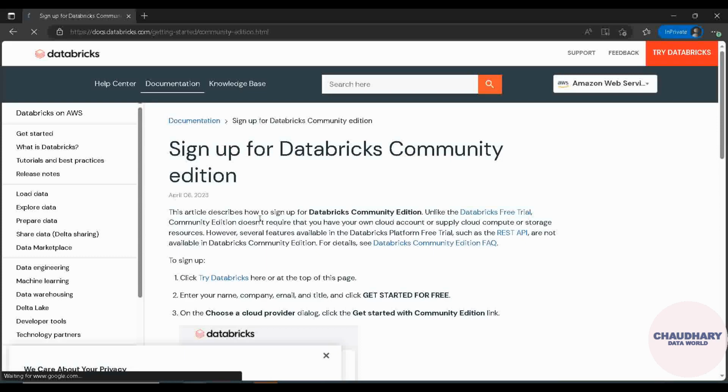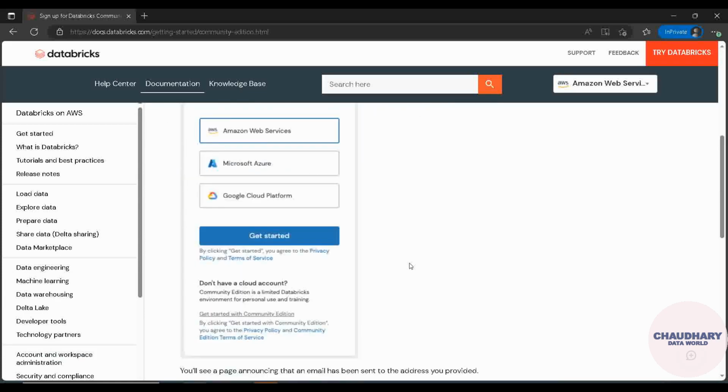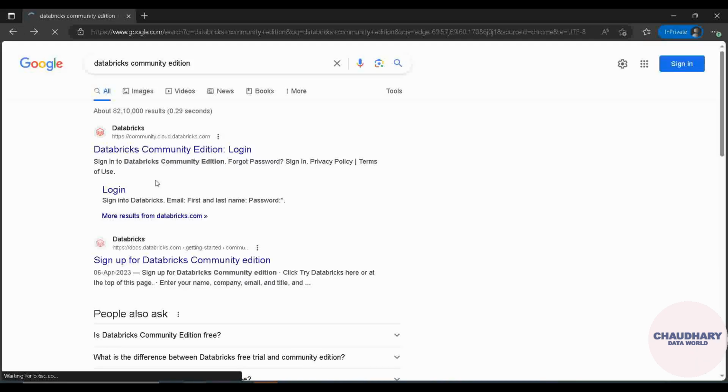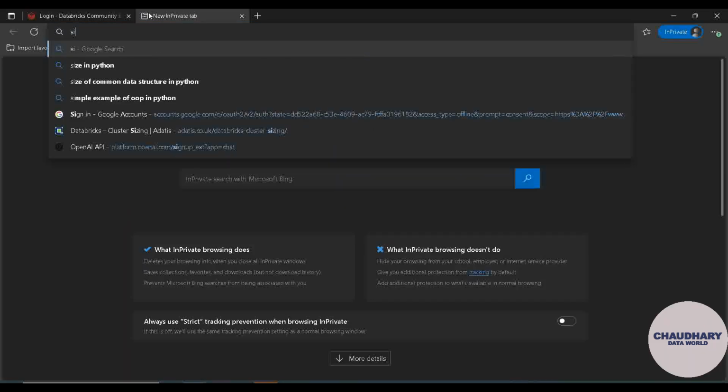Once you click on sign up with community edition, the sign up option will be in front of you. For that, you can just go back, and in this login option, you can see the URL is community.cloud.databricks.com/login.html. So here, if you are already a registered Databricks community edition member, then you can go ahead with your email username and then password. Otherwise, you can search for sign up